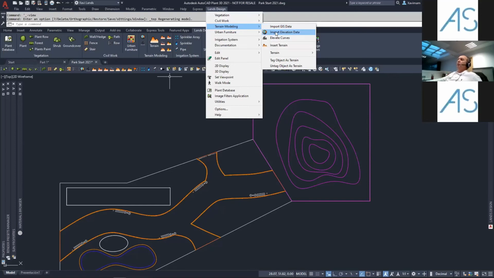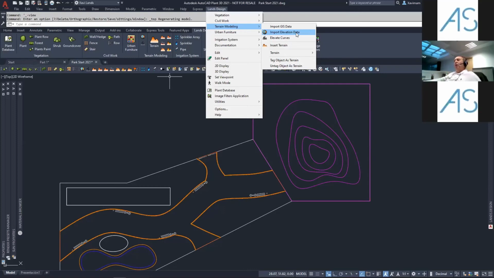I'm going to use later on this option to import elevation data directly from the world, from the earth. I'm going to use a part of one garden inside a city, but you can use this option to move around the world and take a piece of land to be integrated just as a mesh, or the most important thing, as we will see later on, as a Lands terrain, because we can work with the Lands terrain, creating